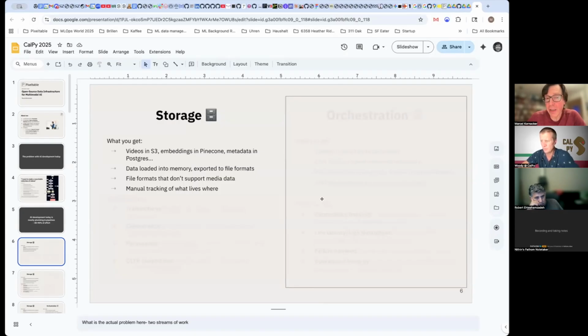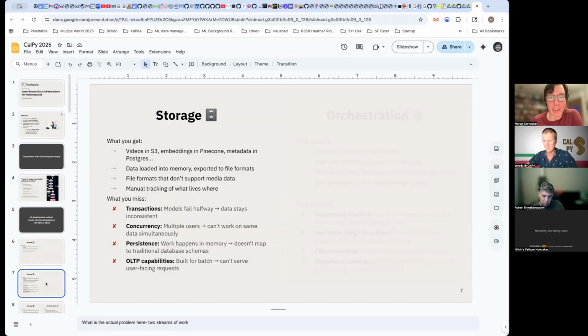For a lot of things, such as if you want to do anything with images, you have to load them into memory and then maybe use PIL to manipulate the images. You have to track manually where the data goes, right? All the data that your application deals with lives in various places, and you need to write more code to tie it together.